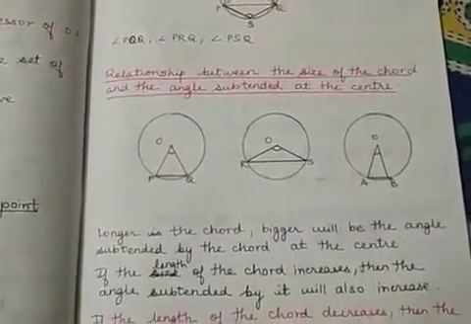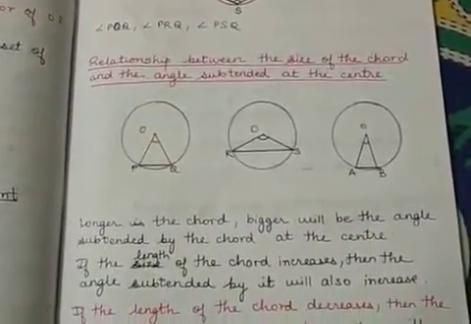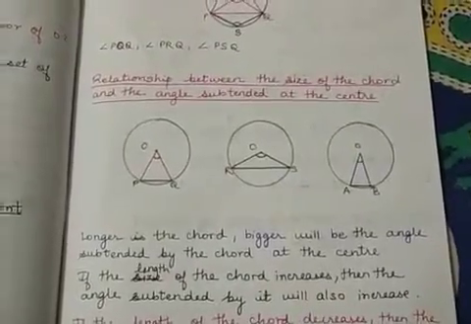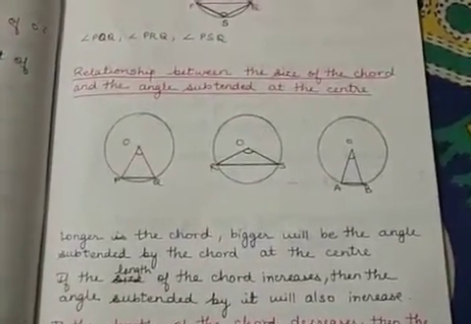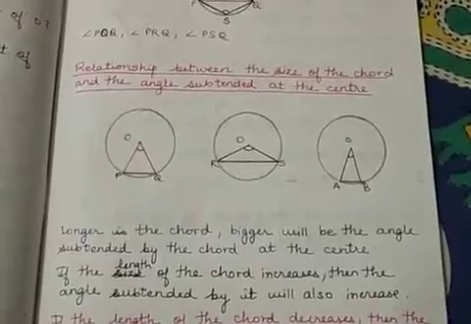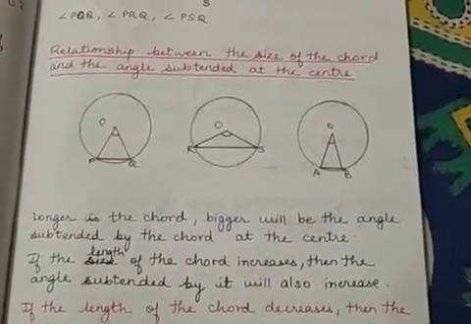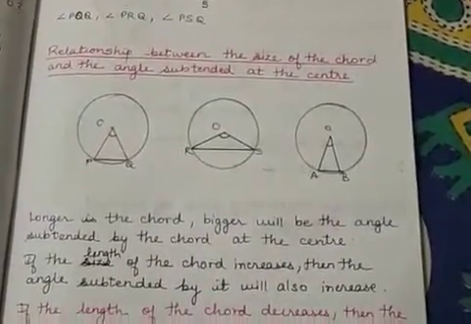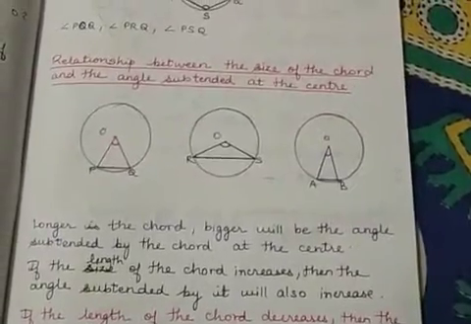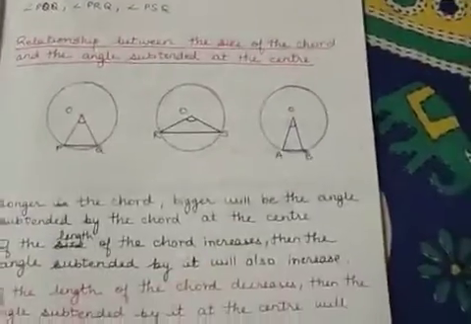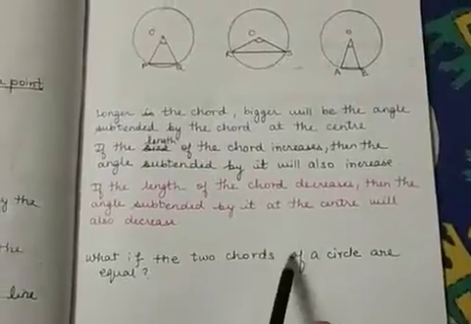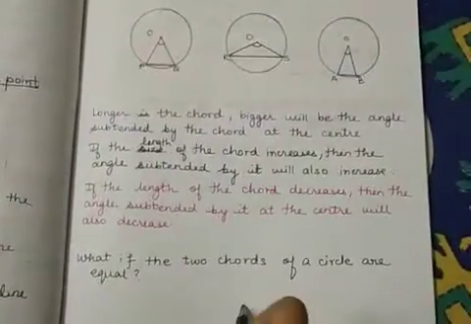Now what if the two chords of a circle are equal? What will happen? Suppose you have two chords in the circle, and what if the lengths of these two chords are equal? What will happen to the angle subtended by the chord? If the lengths of the two chords are equal, then the angle subtended by these two chords will also